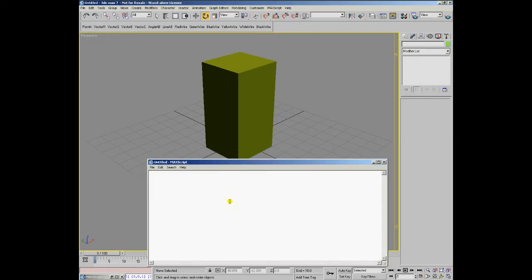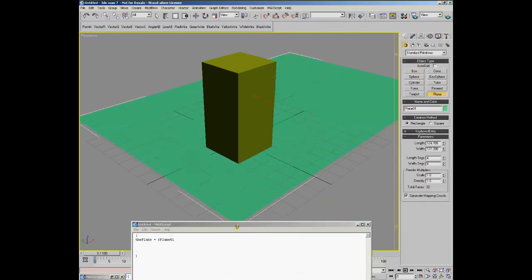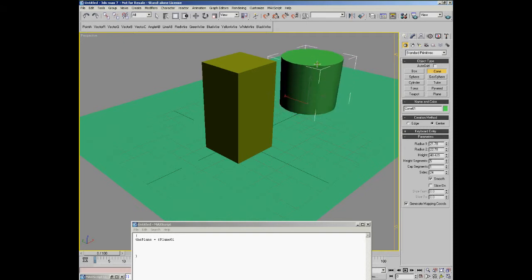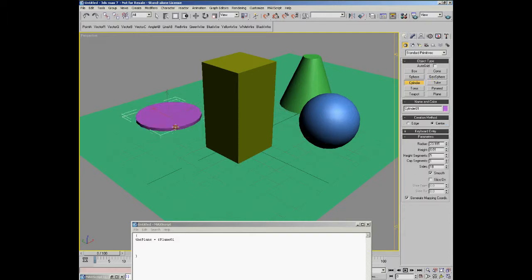Let's create a new script. In this script, the plane variable is going to contain a reference to the scene object plane 01. We don't have this object yet, so we can create a plane with that name and also create a couple of typical geometry objects, for example a cone, a sphere, a cylinder,